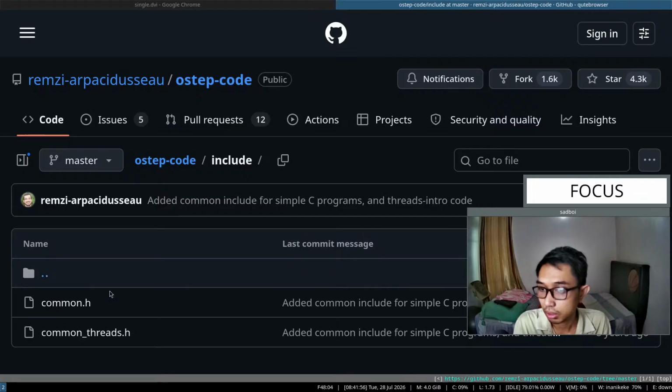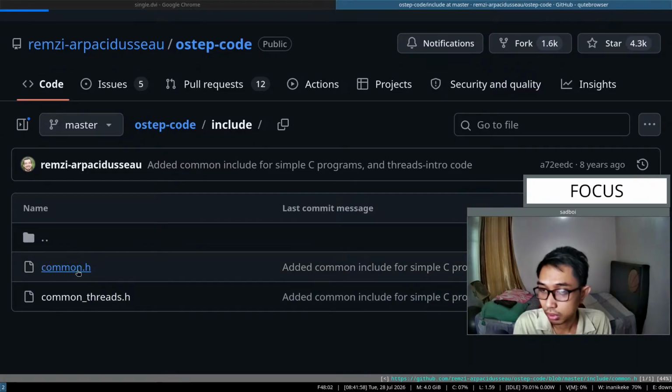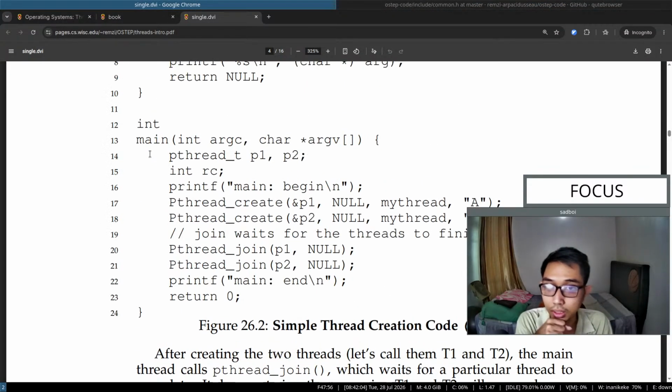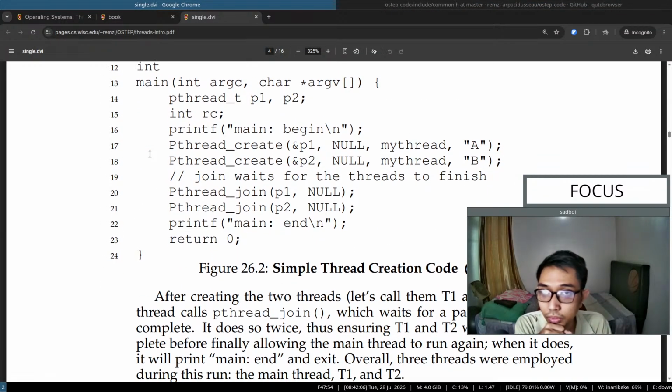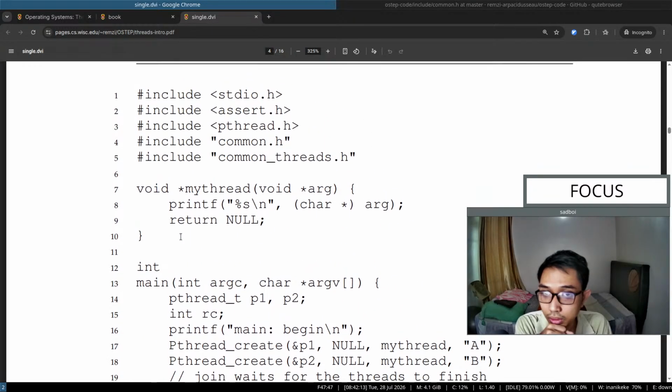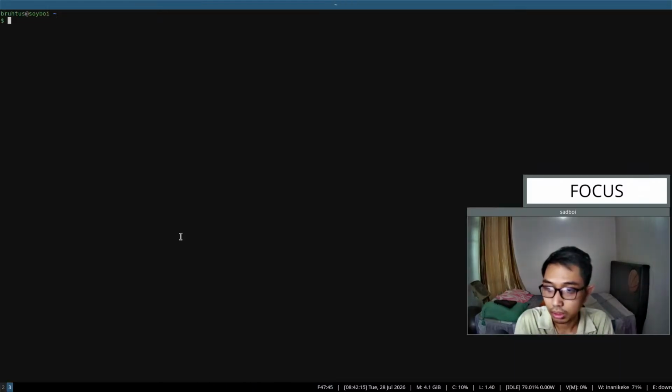Include here common and common thread. Get time. Do we use get time? I don't think we use get time here. Well, let me